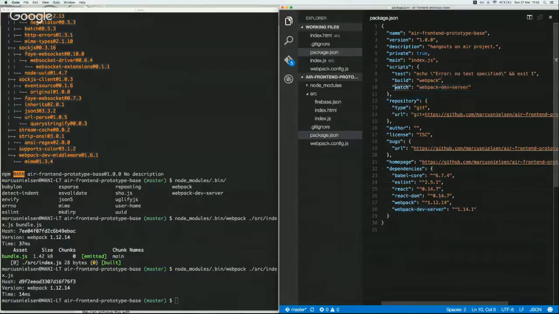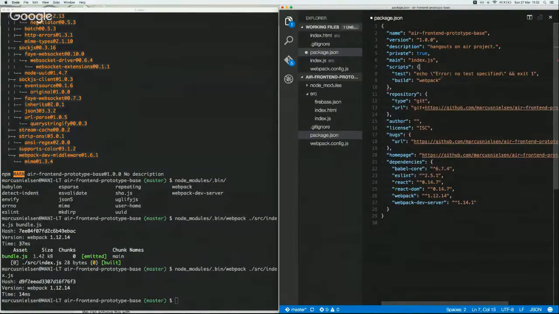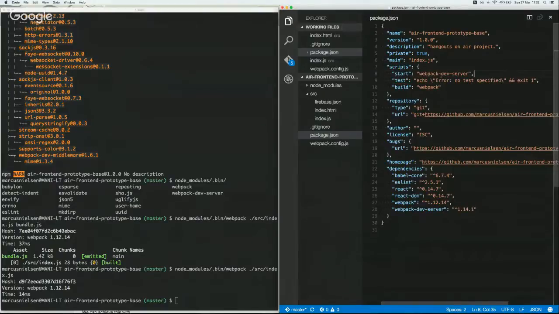Actually, start. Since this is a static website, we will never run this in production. We'll just copy the file, so we can use the start command for development. Start and test are commands that